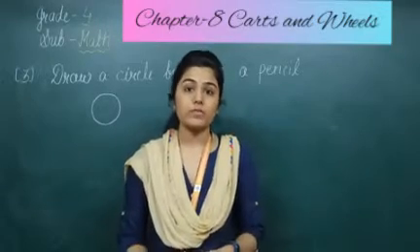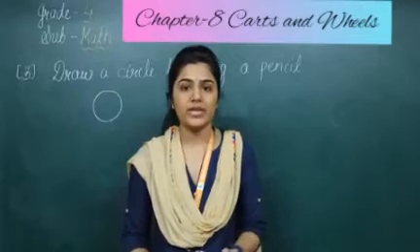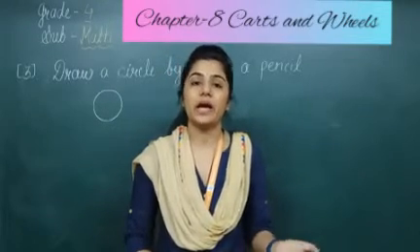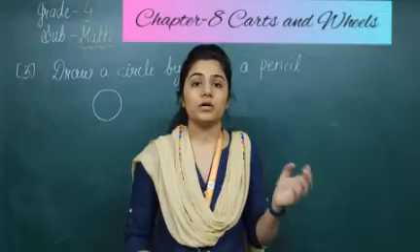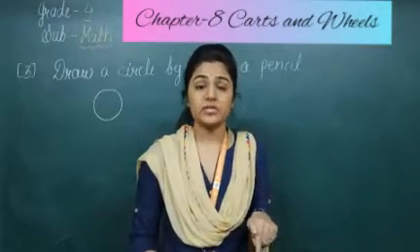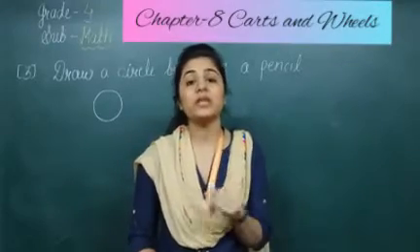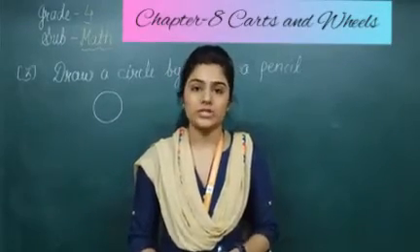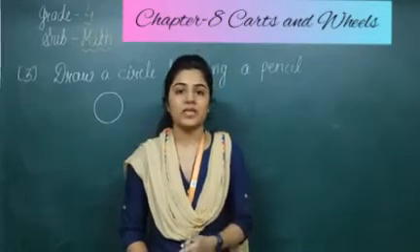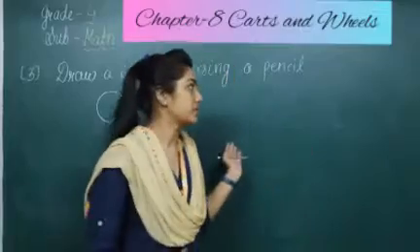At our home, many things are in the shape of a circle that we are using. Already I had given you the examples of a coin, a bangle, the cap of a bottle, plates, a mug. Means the top portion of a mug, you can see, is also which shape? Circle shape, right? So many things are there which we can take as examples of a circle.